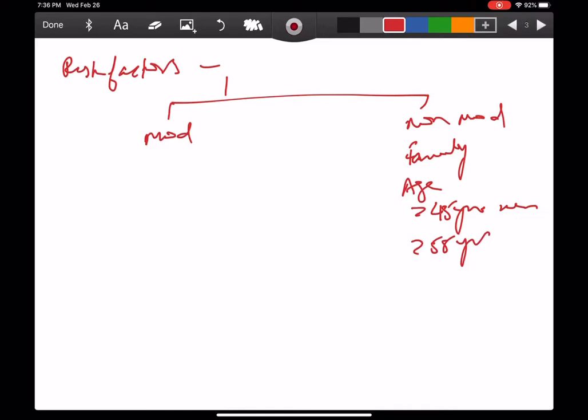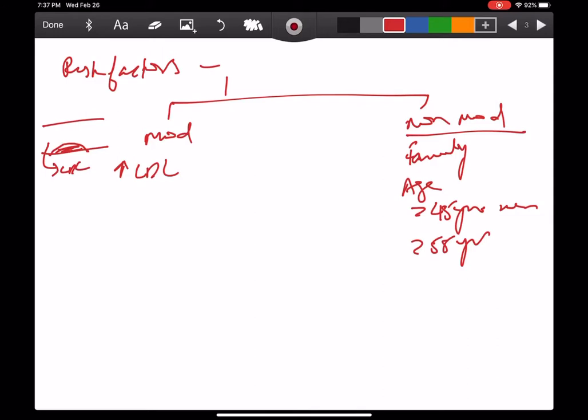A person cannot work on the non-modifiable factors and they are fixed, but what a person can work on to modify are factors like the LDL value, which is proven to be the number one risk factor for coronary artery disease. So if you have a high LDL level, that is basically high lipid in your blood, these get deposited in the heart artery wall and cause occlusion.